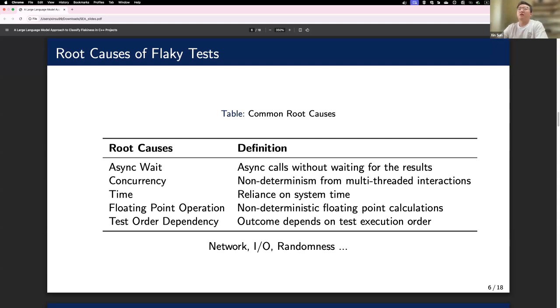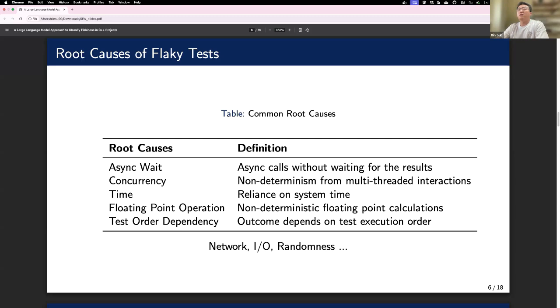Then time: these flaky tests usually depend on the system time, and this can be unpredictable. Also floating point operation: minor differences in floating point calculations might cause occasional failures. And test order dependency: the outcome of a test depends on the order in which tests are run.